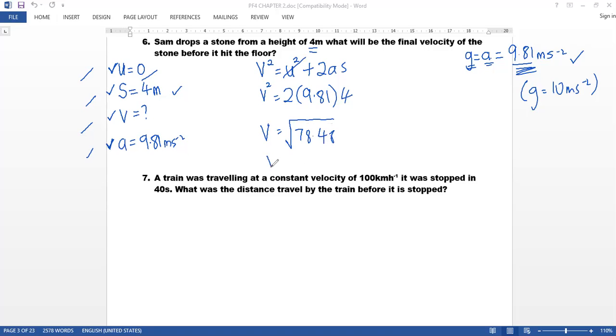All right. So V should be, guys, 8.86 meter per second. So always remember the hidden information whenever objects are